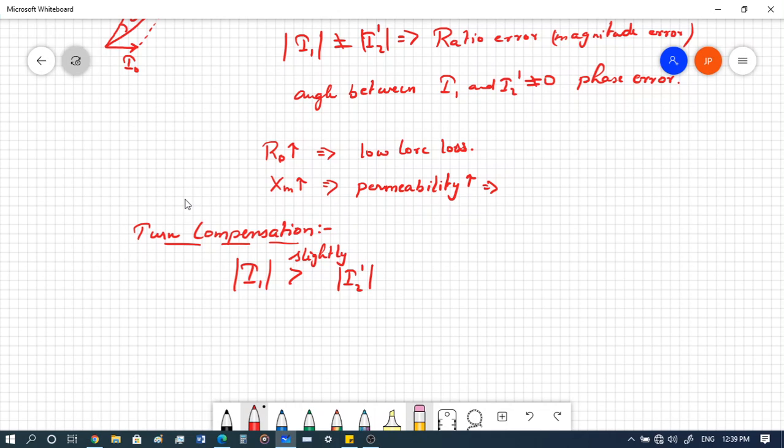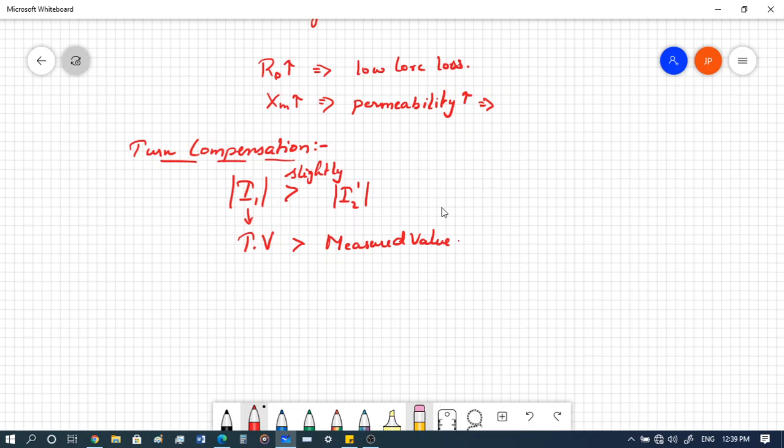So the true value, I1, is slightly greater than the measured value. The measured value is I2 dash. We measure I2 and then we divide it by A in order to get I2 dash. So the true value is slightly greater than the measured value, and in this case